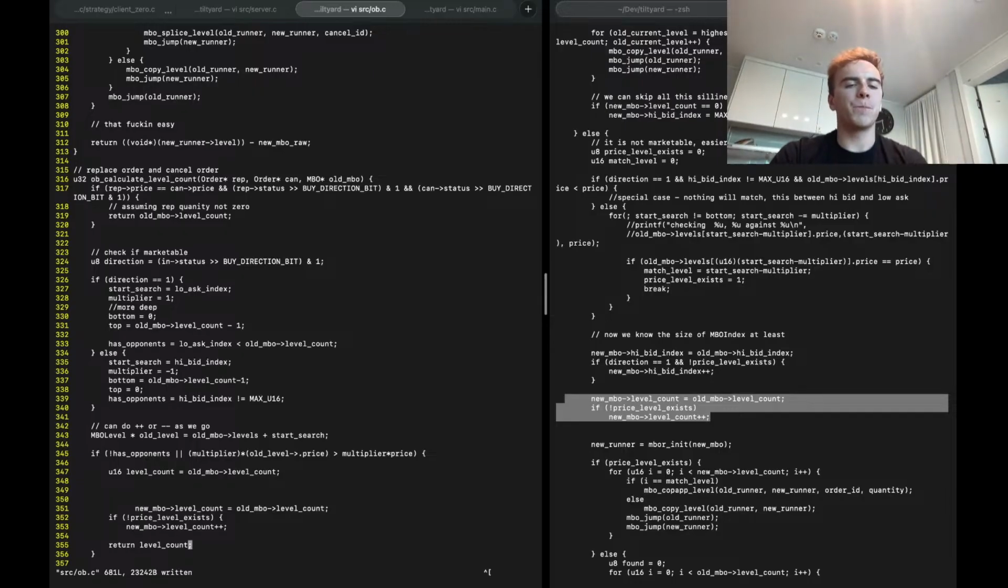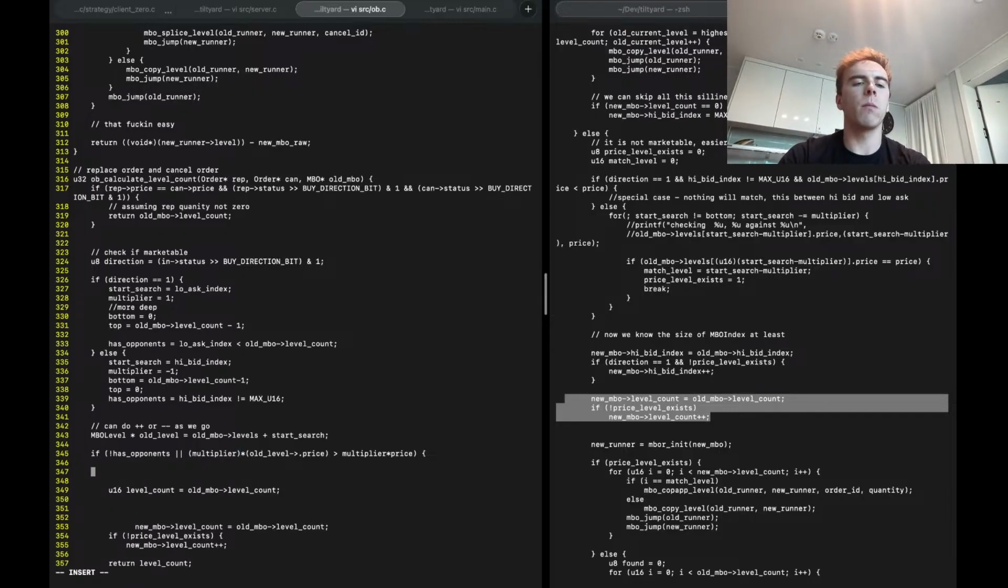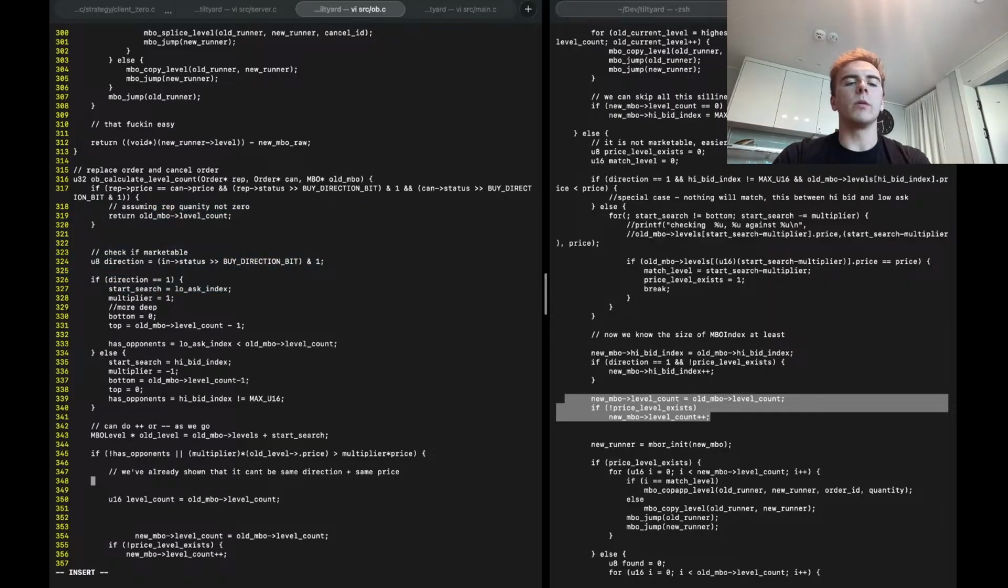Well, here's the thing. We've already proven that it can't be same direction plus same price, because otherwise it would be here. Well, we do know that